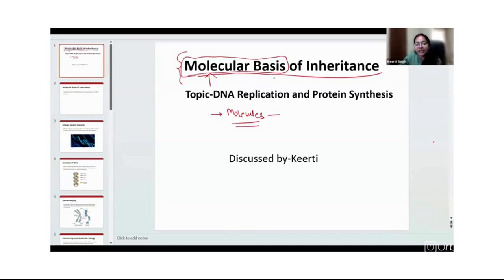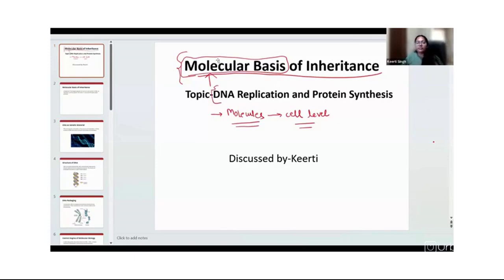This is happening at the cell level, right? So all the processes that we are going to discuss in this chapter are happening at the atomic level. Okay,